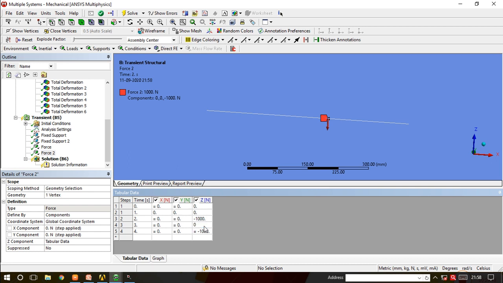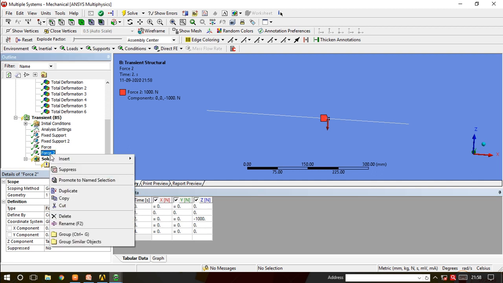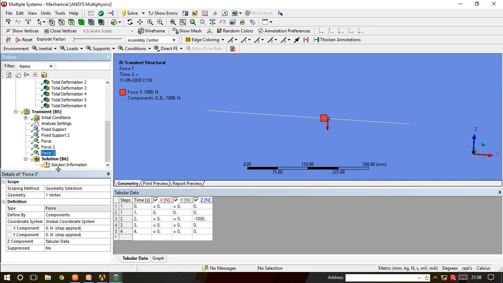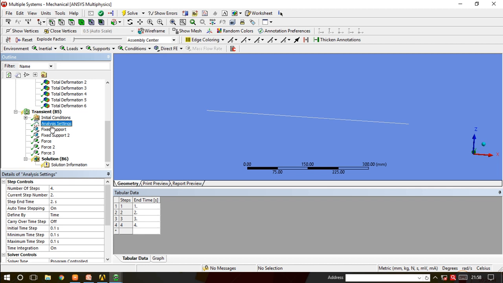So the rest of the thing is 0. And minus 1000 Newton is applied at the second location, at this second. So force 2 is applied. Now again I will go to the duplicate, and into the analysis setting I will go for the third step,